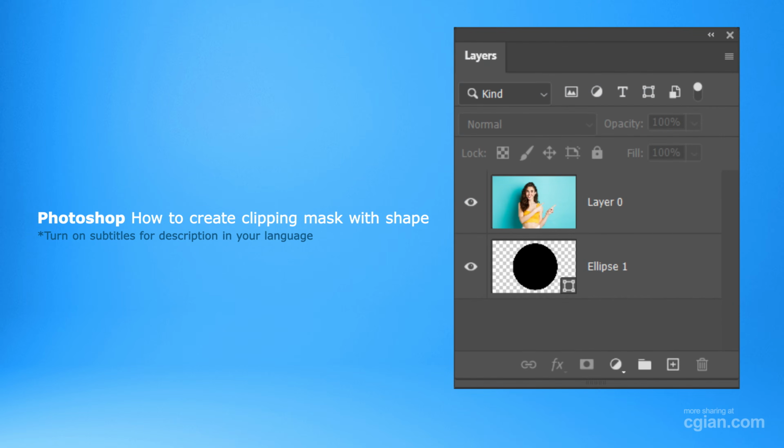Hello, I'm CG Yin. This is a quick video to show how to create a clipping mask with a shape